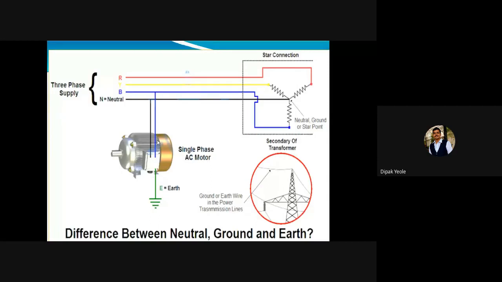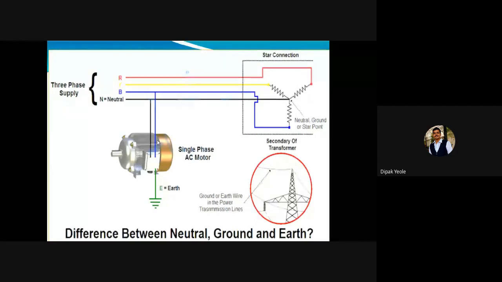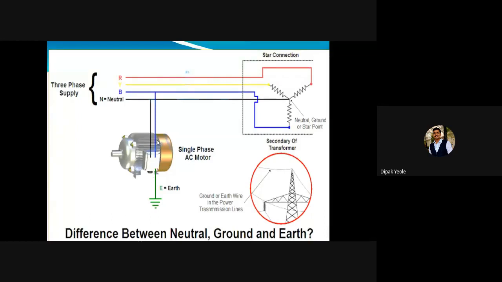You have to keep in mind, in India we are using a color combination for identifying the phase and neutral wire. What is the color combination? The phase is indicated with red color and the neutral is indicated with black color. But in America it is not the same. In America they are using a white and black combination. So white is for the hot wire and black is for the neutral wire. Different countries have different color combinations for identifying the phase and neutral.